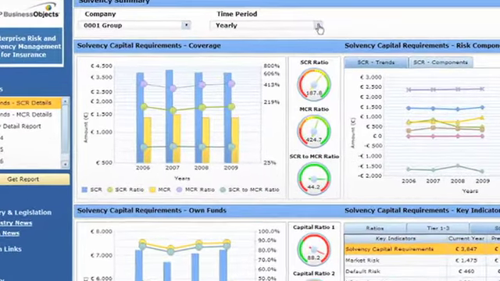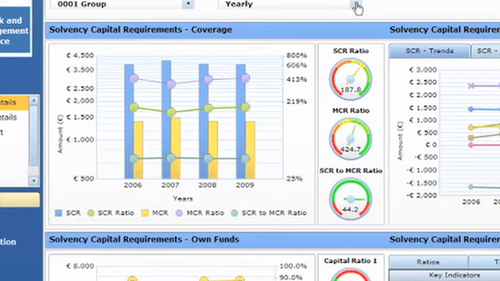Let's look at our solvency capital requirements coverage. We see that there are 2 major indicators: solvency capital required, or SCR, and our minimum capital required, or MCR. We can see that we actually view these 2 requirements by 5 metrics: the absolute amount for SCR and MCR expressed in euros, SCR and MCR ratios of eligible capital to capital required, and the ratio between the SCR and MCR amounts. We can see these figures develop over a period of 4 years, and as we hover, we can see the SCR absolute amount, our MCR ratio, our SCR ratio, our absolute MCR amount, and again, the ratio between